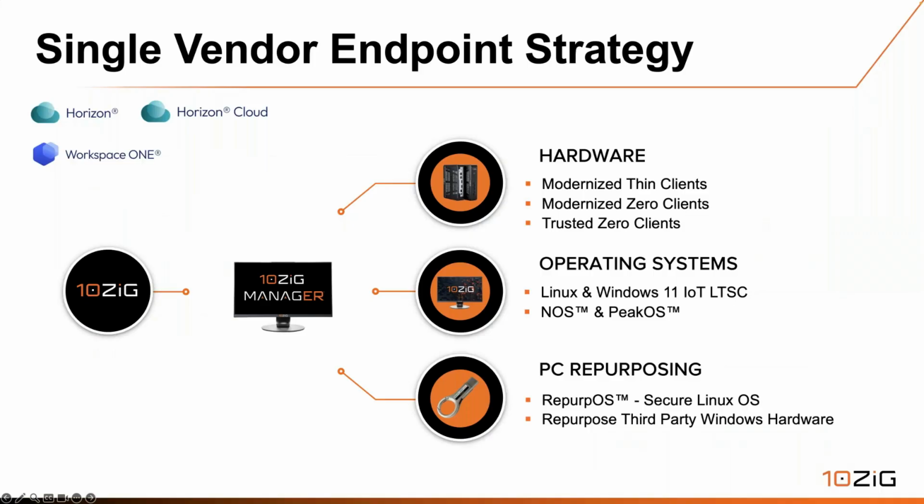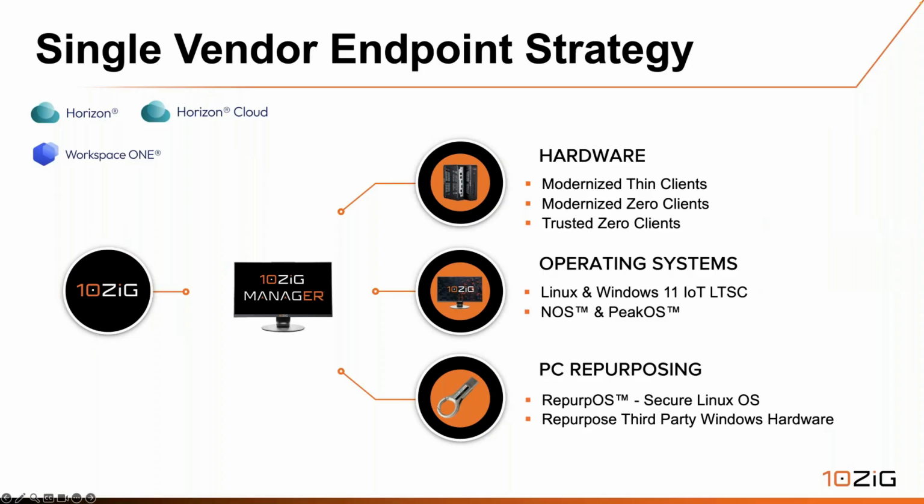So let's touch on Tenzig's single vendor strategy and how that differentiates us against our competitors, as Christina touched on. You touched on the zero client part, Christina, which luckily I don't have in here, and that's a great point. Tenzig is different in that we're a single vendor offering not just hardware or software, but both. We offer our own hardware with a wide array of options, from regular desktop form factor to all-in-ones and laptops. The hardware is integrated together with either our own Linux platform, in the case of modernized thin or zero clients, or with Windows 11 IoT LTSC 2024. And all of these support Blast Extreme.